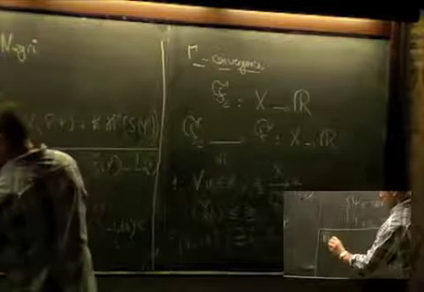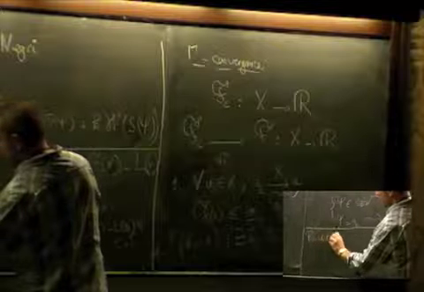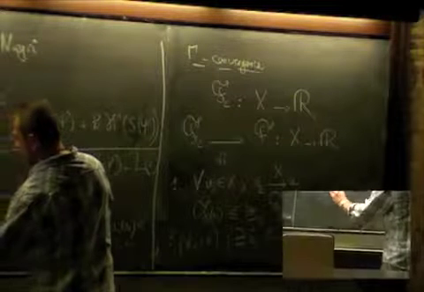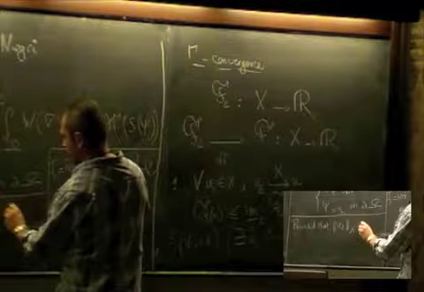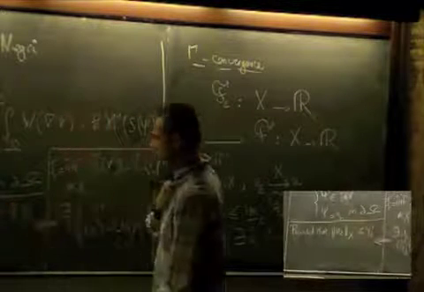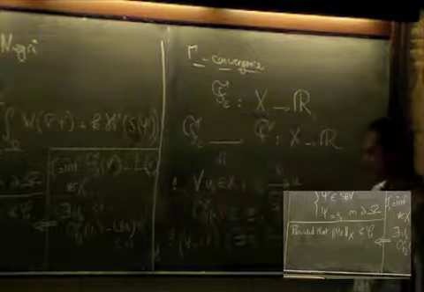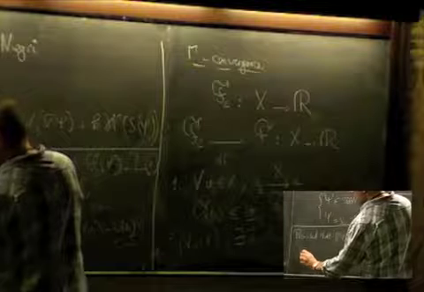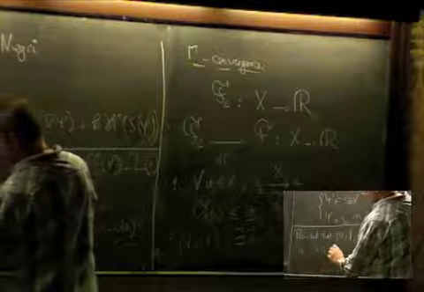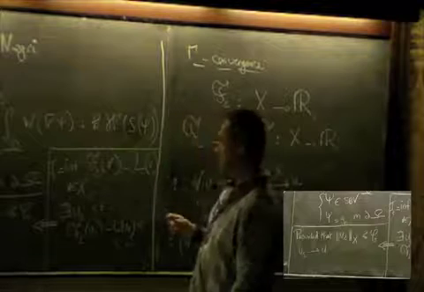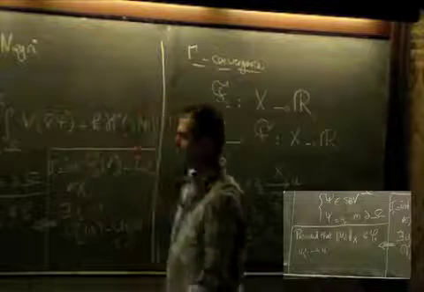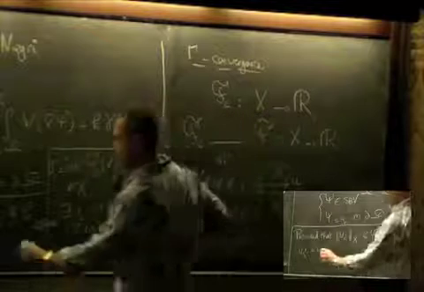Provided that U epsilon in the norm X is bounded uniformly in epsilon, then a subsequence of u epsilon converges to a u in X,